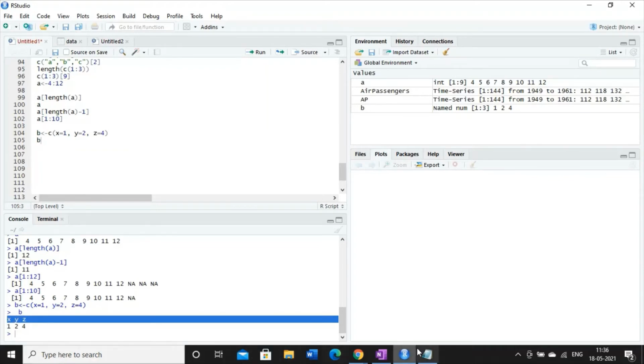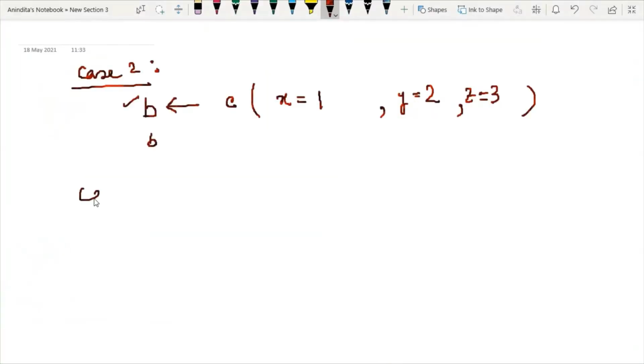Now we have case 3. In case 3, I have discussed that we may have logical values. Here I will talk about logical indexing in vectors. Logical indexing means we have to write specific values in terms of true and false.